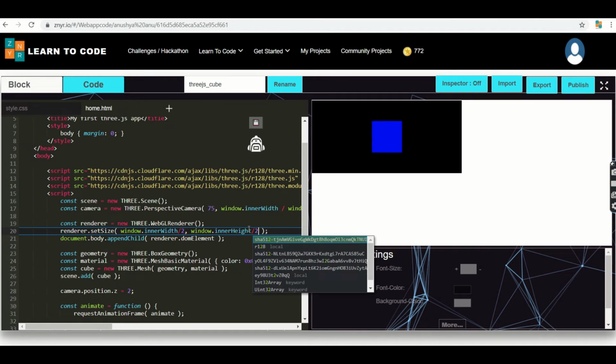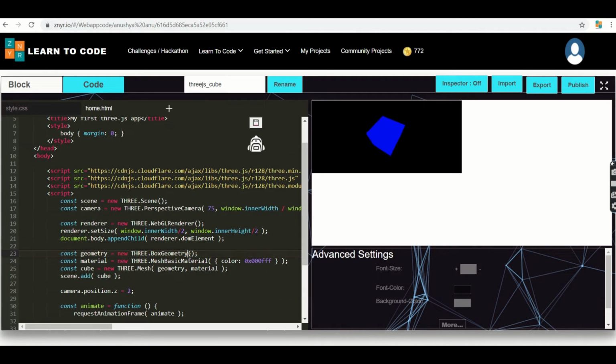Okay, next we have used the term box geometry. The box geometry represents an object containing points like vertices and faces of the cube, and maybe we can see this in more detail later. Next we have used several materials, but we will stick with the mesh basic material. It takes an object of properties which will be applied to the geometry. For example, I have used some colors over here.